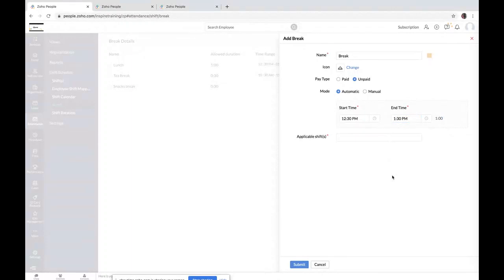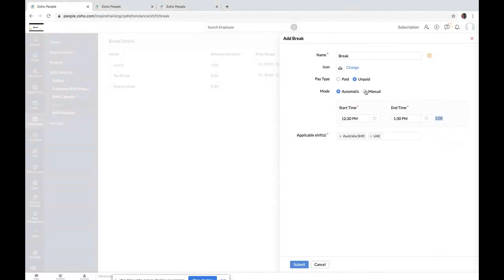Automatically, for the applicable shifts, say Australia and UAE, for these two shift employees, the break will be logged from the specified time of 12:30 p.m. to 1:30 p.m., overall as 1 hour. And as it is defined as unpaid, this will be categorized under the unpaid break column in all the reports that we have seen already.